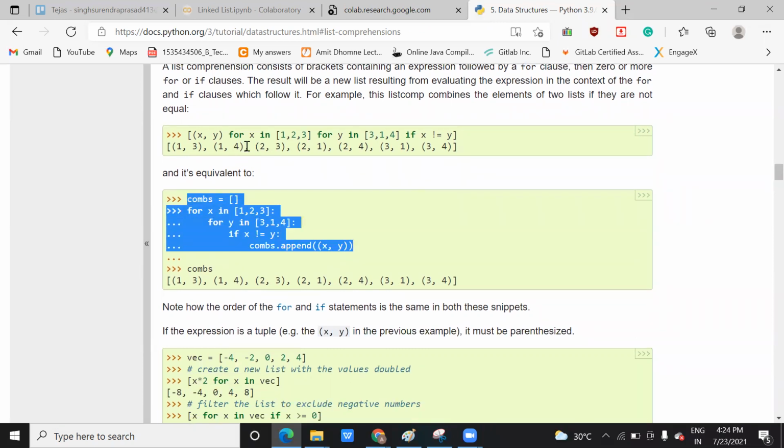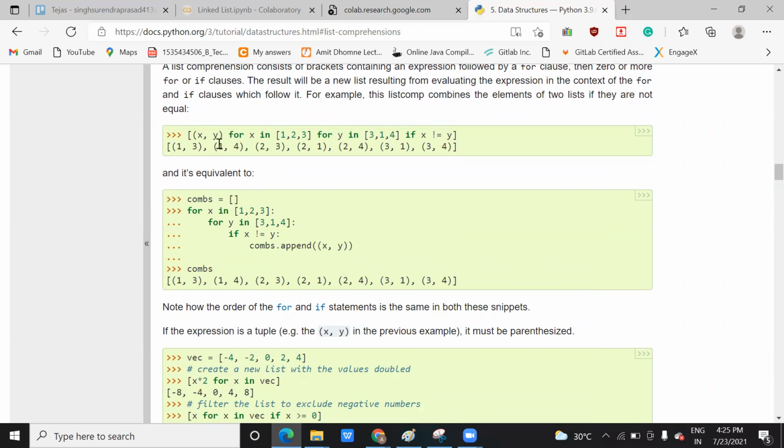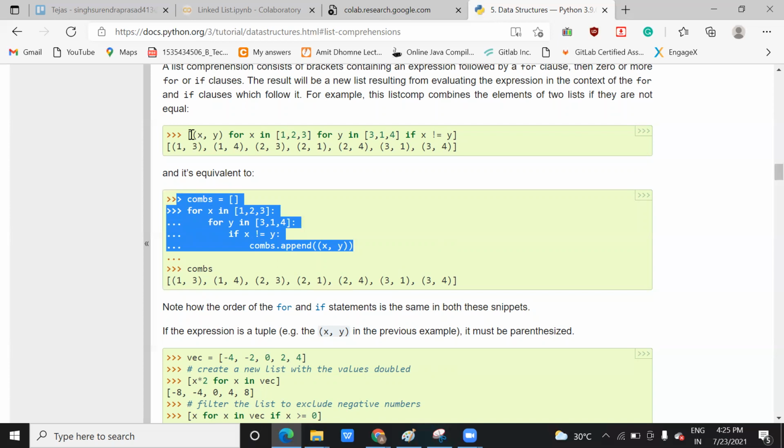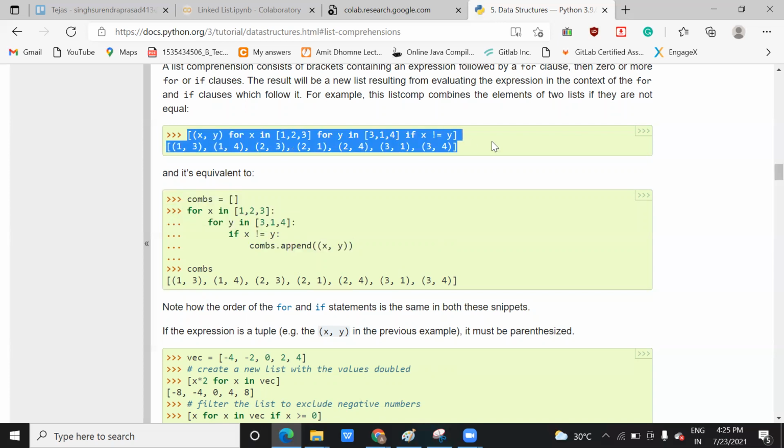What operation we did above is similar to here. So you can see which one is easier. Obviously the first one. Here you are typing for x in 1 2 3 for y. For a beginner this can look easier, but an experienced person can use this one. And it is easy because it occupies only one line, so it is memory efficient, computing efficient, right? So this is called a list expression. You are going to do an operation on the list and save the result back in the list itself. So this is called a list expression.